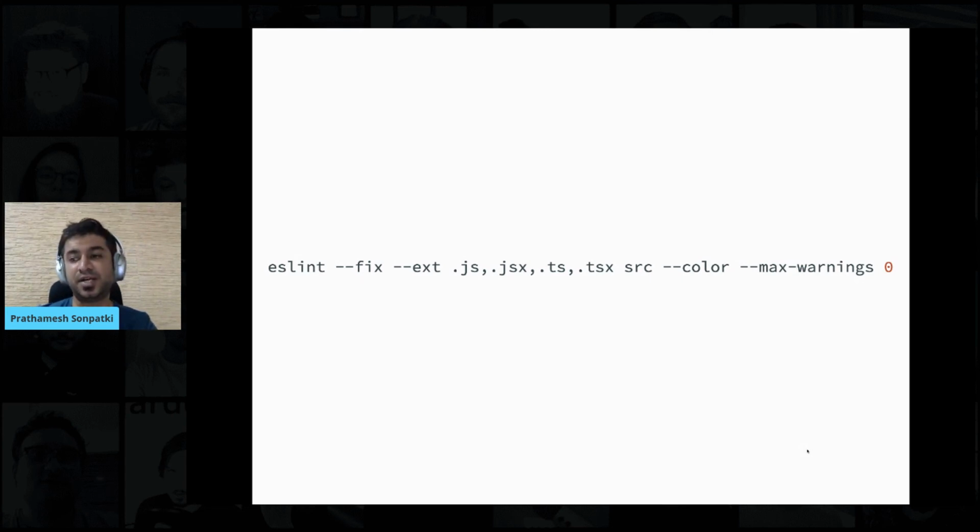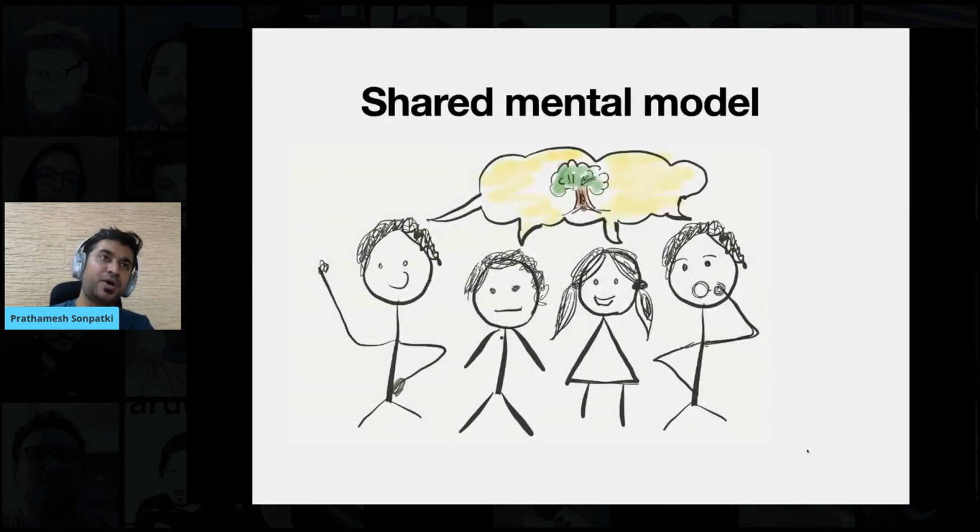Because a lot of times in development, when we are shipping at a fast pace, we tend to ignore these things, but we should not. And that also helped us a lot in maintaining the code quality. So having talked about the code a lot and improving the confidence and safety in the code base, I also want